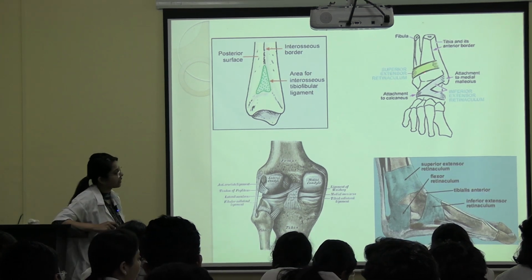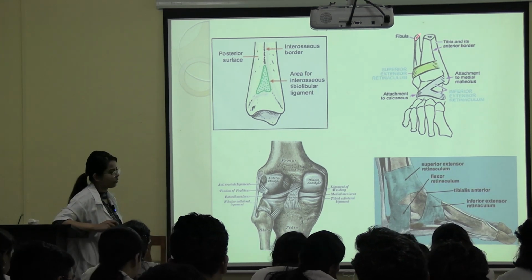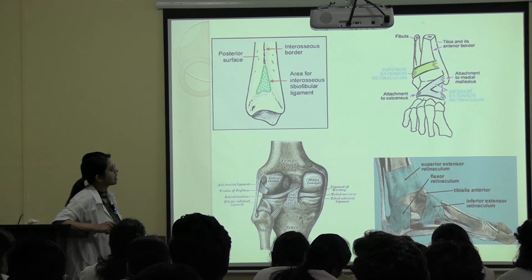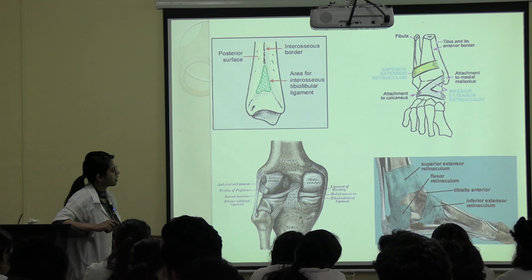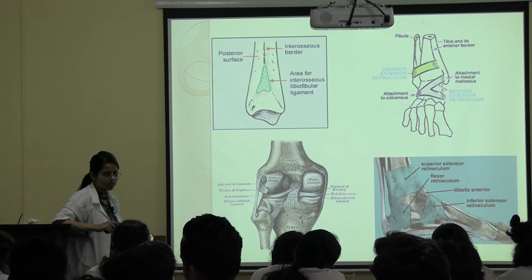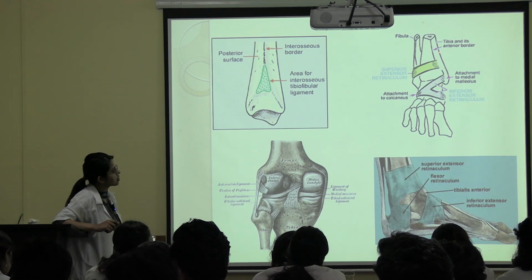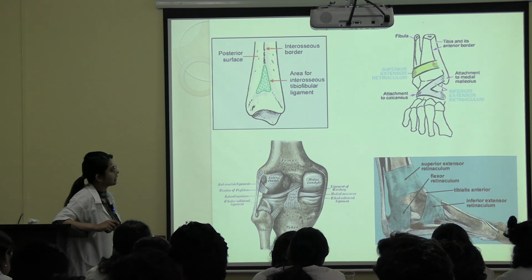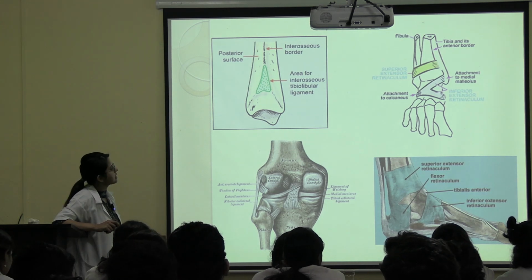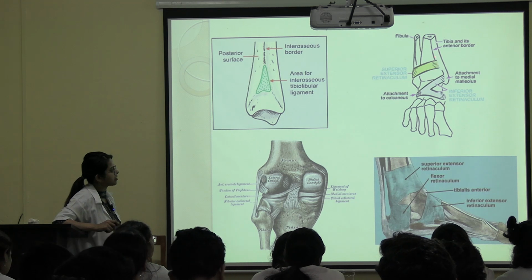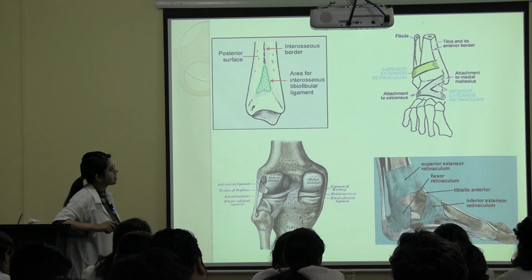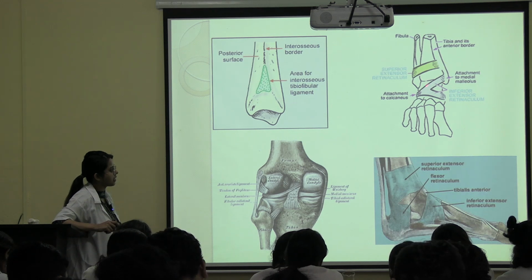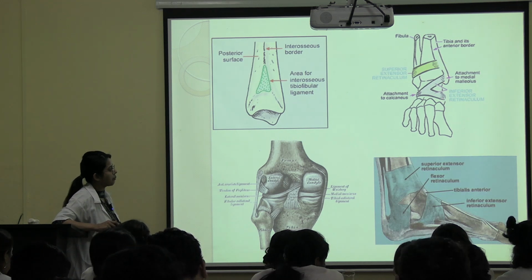So this is the superior extensor retinaculum. This is your leg. Anteriorly is present the extensor retinaculum. So there are two types: superior extensor retinaculum and inferior extensor retinaculum. You can see what this bone is. This is tibia. This is the anterior border of tibia. So you can see that the superior extensor retinaculum is attaching here in the anterior border of tibia. And this entire one is the inferior extensor retinaculum, and this is the upper limb.